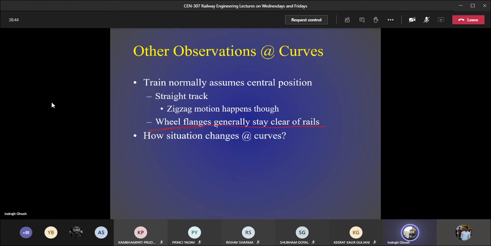We can get rid of the wear and tear of the rail head because it is centrally placed. Now what happens in case of a curve? First, centrifugal force is working. Though we have provided a curvature, the train wheel has a tendency to move in the straight, tangential direction. That's why there is a constant touch of the wheel flange with the head of the rail.